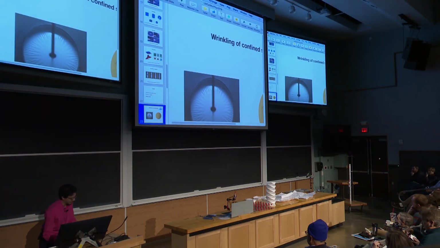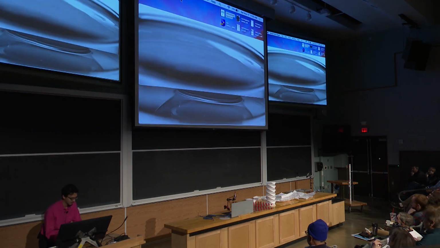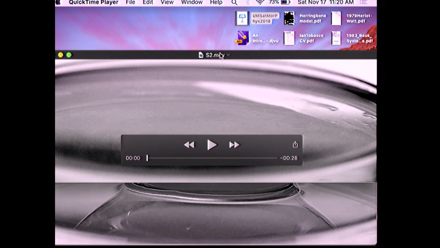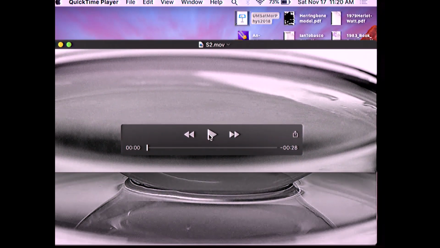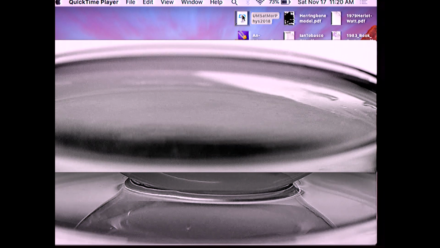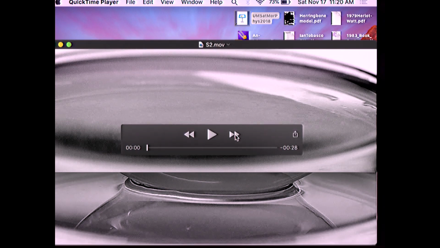I can't demo the second experiment, but I can show you videos. So let me show you that, okay? So we're going to do versions of the second experiment where you start with different shapes of sheets that are cut out of a curved sphere, and see what happens. So this one is going to start out being